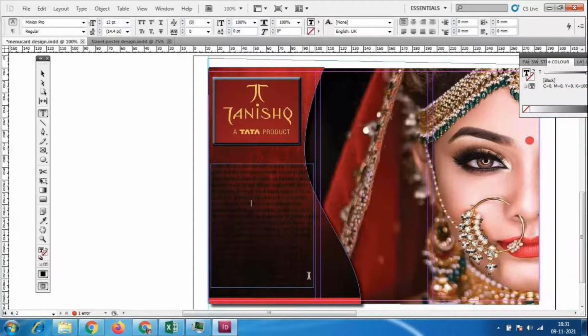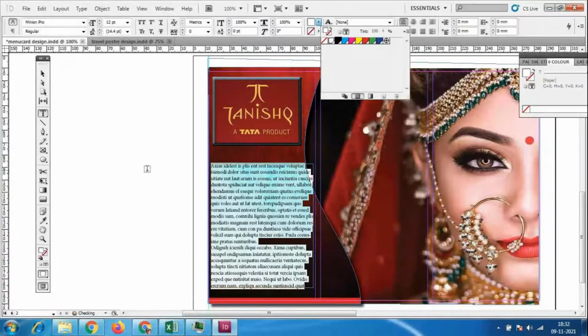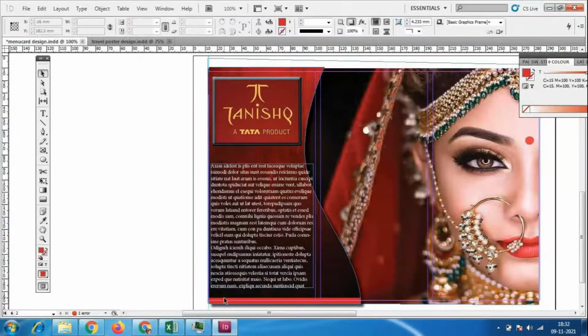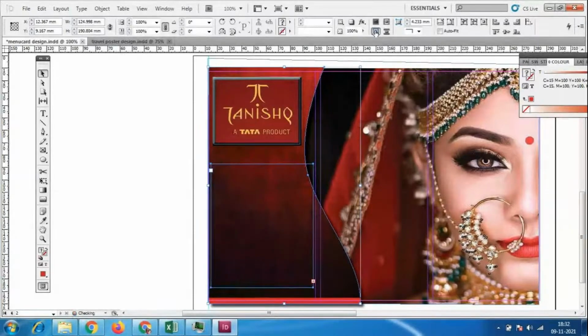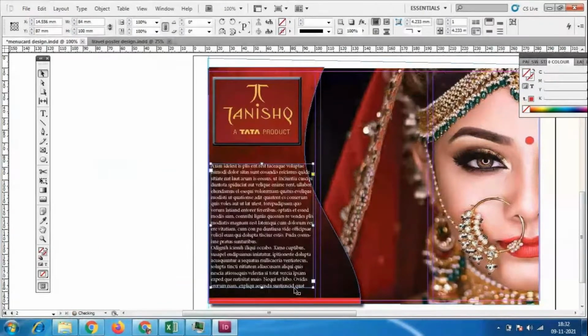I'll double click on, I'll use shift and this option, use control, only the shape I'll use it.